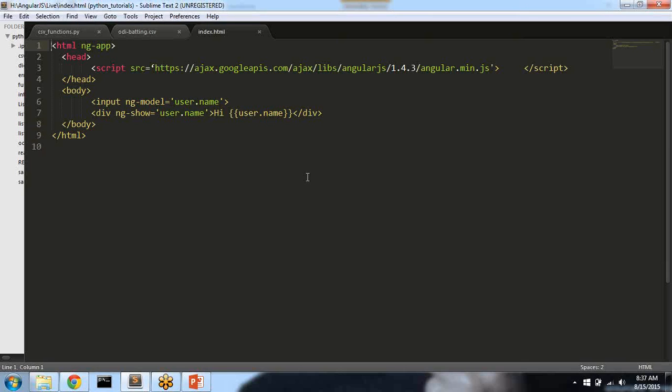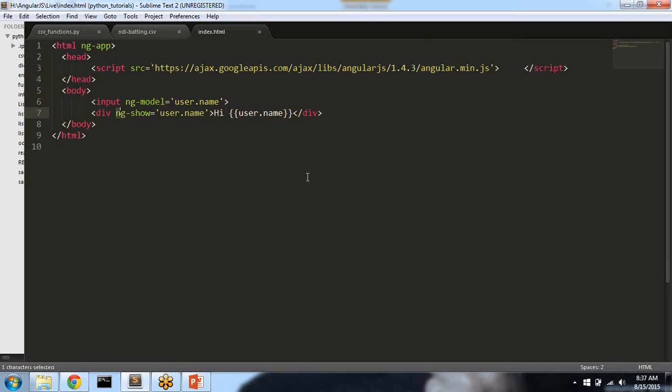Here I'm quickly walking through different parts of it. ng-app says that AngularJS is controlling this template. ng-model is one directive, ng-show is another directive.